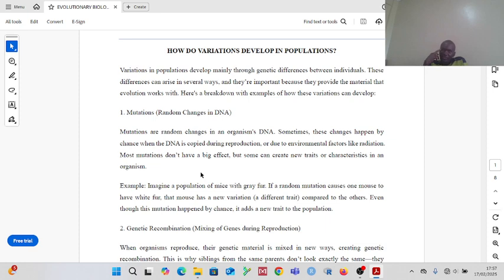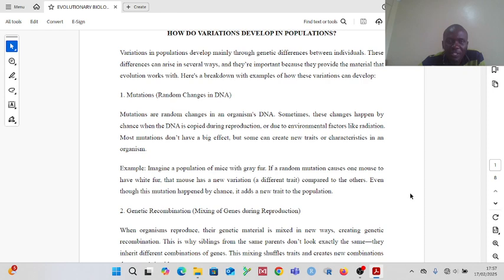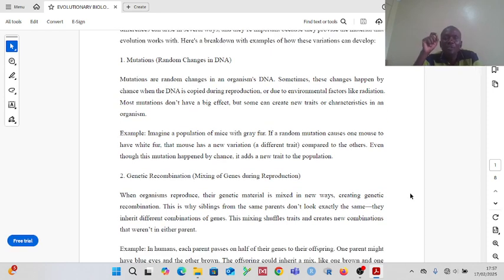These genetic differences arise through several ways, and it is important that we consider how this occurs, because that is the raw material on which evolution works. These genetic variations will occur in populations, one, through mutations. Mutations, as we know from when we looked at advanced genetics, are random changes in an organism's genetic makeup. At times, these changes can happen just by chance,